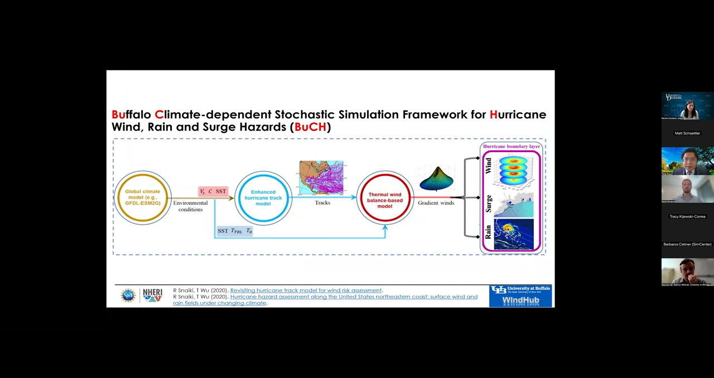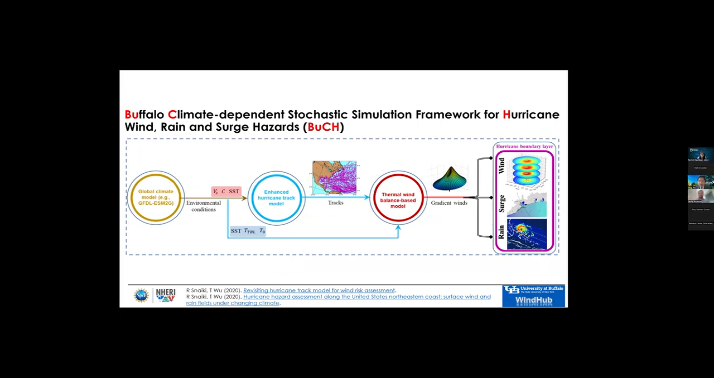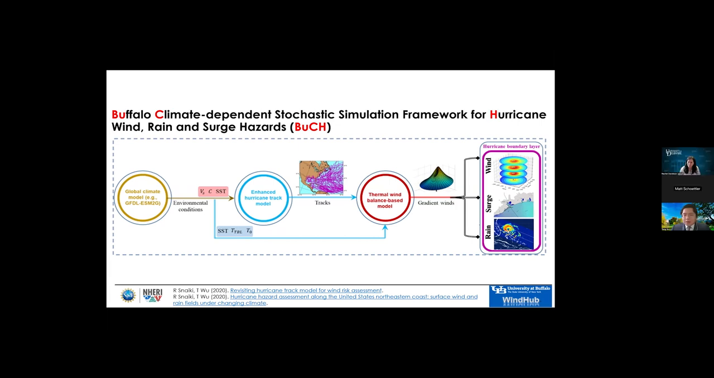We call it BARC. The idea is that we can generate thousands of scenarios under different climate scenarios and generate the hazard field like wind, surge, wave, and rain. The hurricane track model, many folks are probably familiar with, but once you get the hurricane track, how do you get the high resolution hazard field, like say the wind field? To achieve that goal,